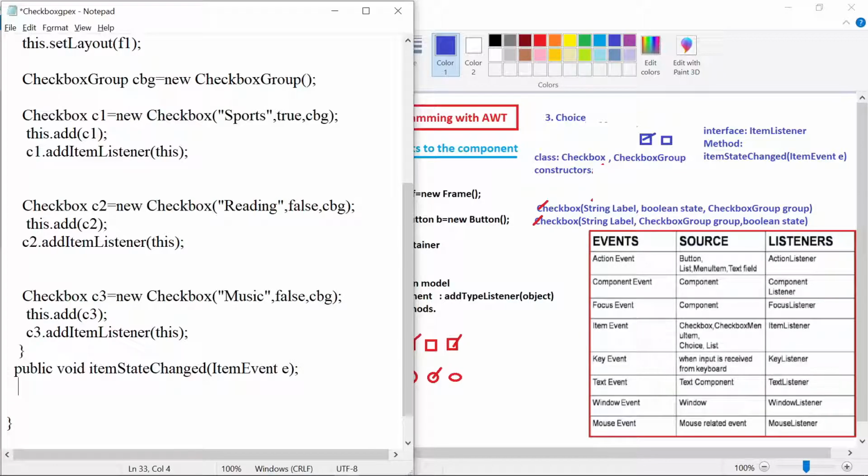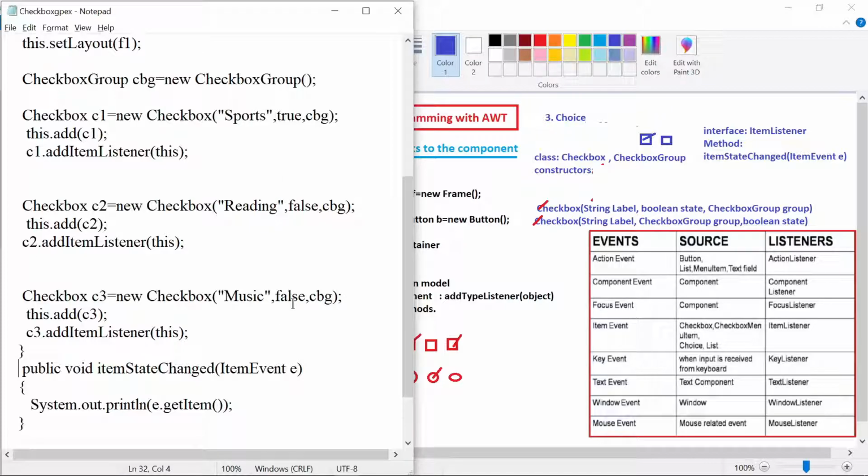Sorry, here there is no semicolon. Now System.out.println. I am going to get the state, e dot, how to get that? getItem is the method that is available in the ItemEvent class. All the things are the same as your checkboxes. Only thing is you need to use the checkbox group object so that you can group all these things.